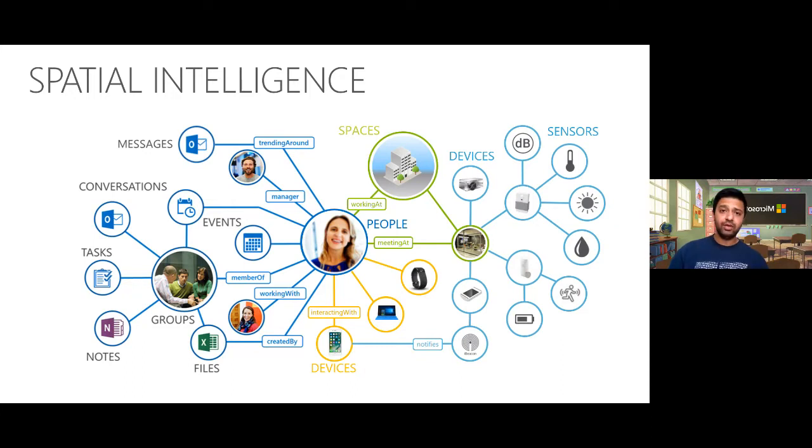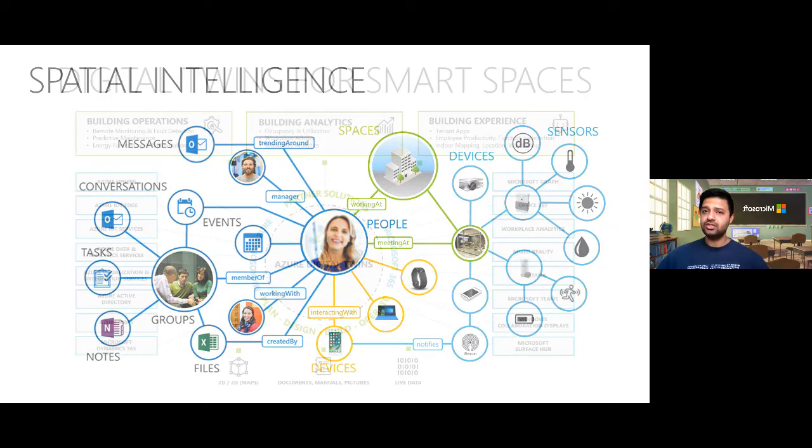So what would happen if we remodeled the office space? How will that affect an individual user's experience when they carry out various tasks? And this is what we call spatial intelligence, bringing together all these sensor data from devices as well as the day-to-day behaviors of users together and merging that into a single place, which digital twins allows us to do.